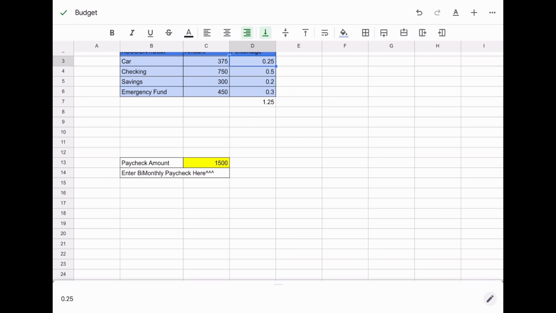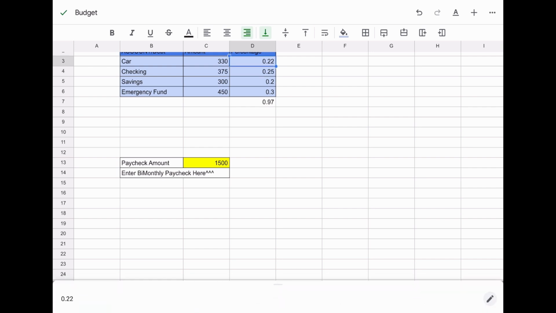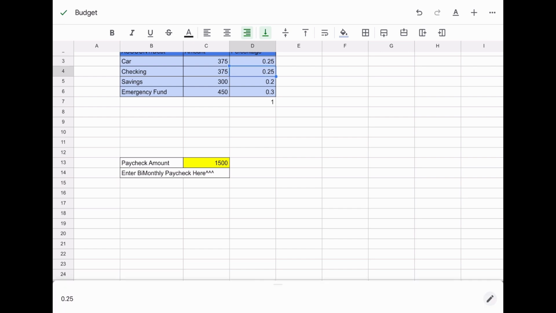So here I'm just playing around with realistically how much you would have to put each percentage at. So I think the minimum monthly payment for all of the debt in this example was like $380 or something. So I'm basically playing around with the percentage amount to make it so on my first payment or paycheck, assuming that you have a bi-monthly paycheck,